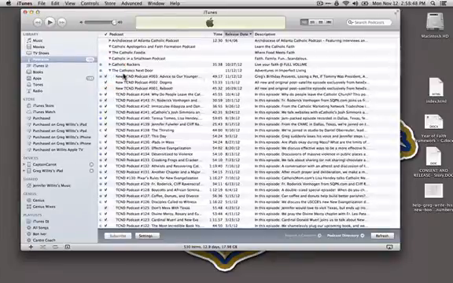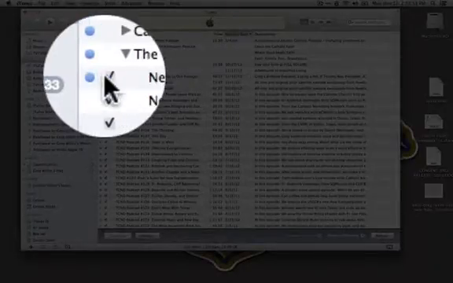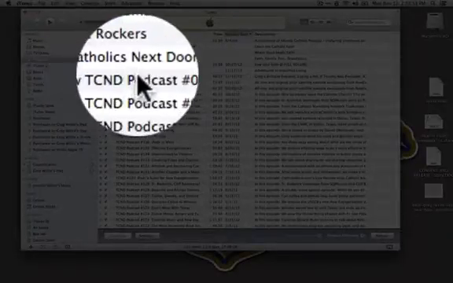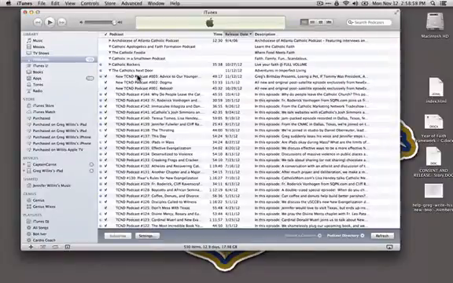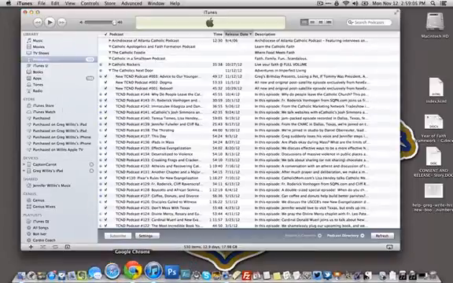And then you can click on it, and here's something interesting. Because I'm subscribed, you see this little blue dot right here that tells me it's a new episode. I haven't listened to it. It just downloaded, and it did that automatically without me having to tell it to do that. So again, that's a very easy way to subscribe to a show, simply by going into iTunes.